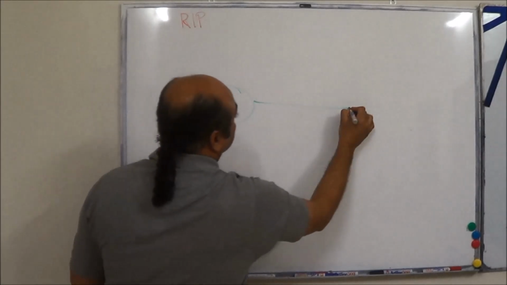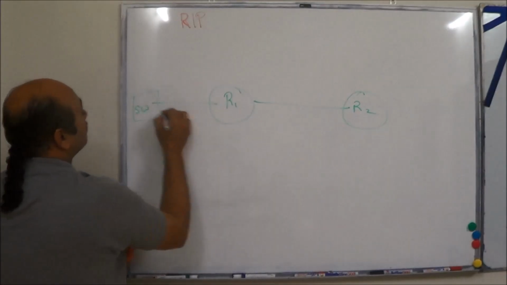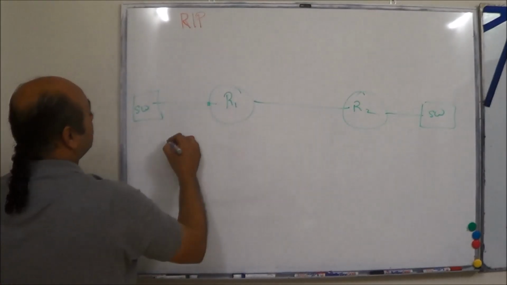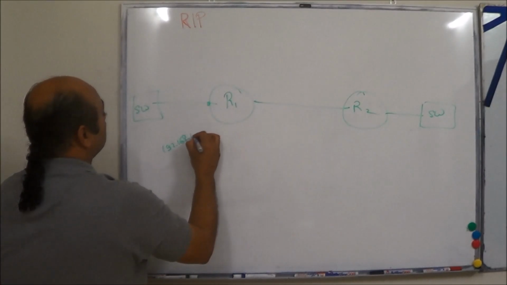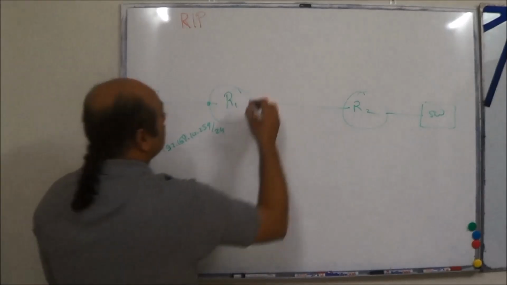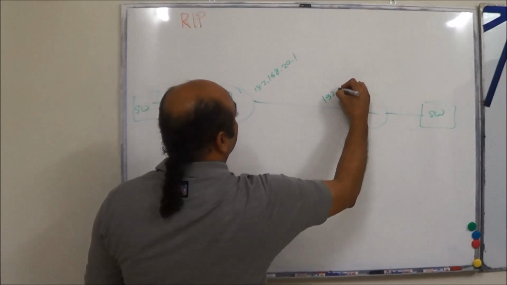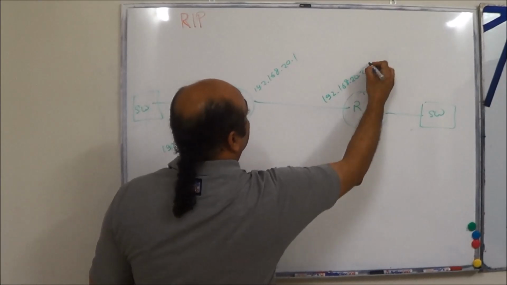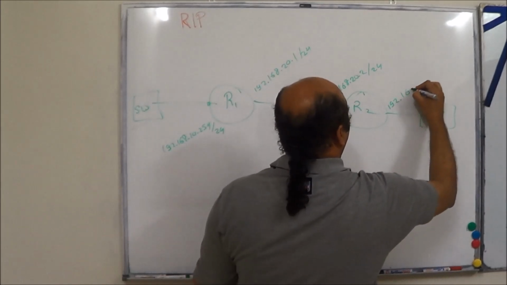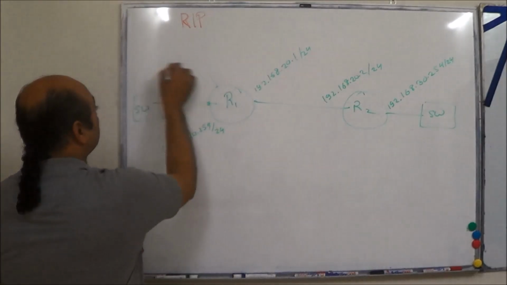R1, R2, switch. What was this? 192.168.10.254/24. This was 192.168.20.1, 192.168.20.2, /24, /24. This was 192.168.30.254/24. So this network in turn was